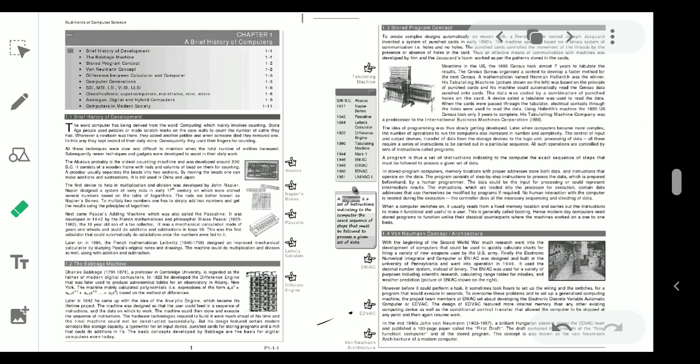Up to this era we were still doing calculator-type work, multiplication and division like this. But Charles Babbage, a professor at Cambridge University, is regarded as the father of the modern digital